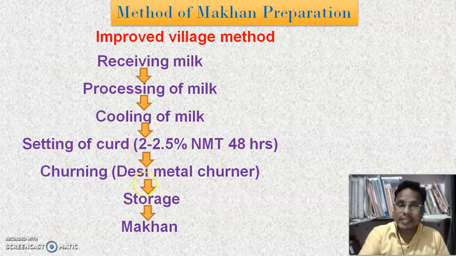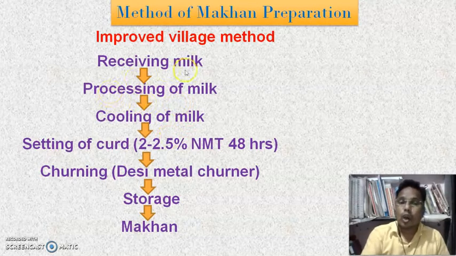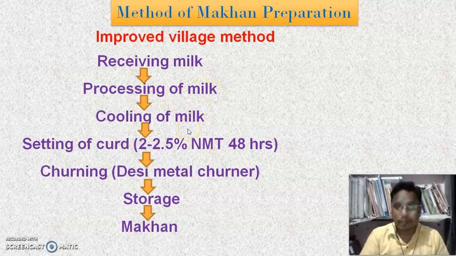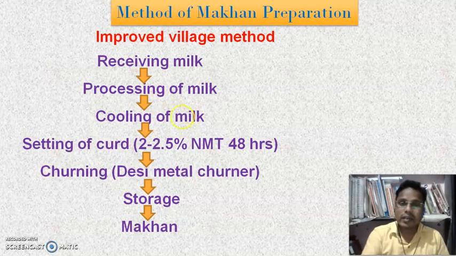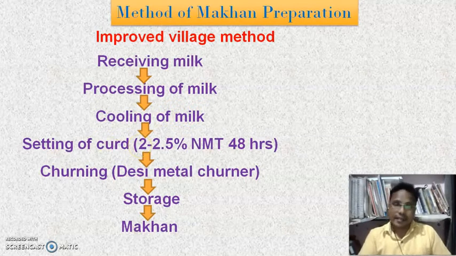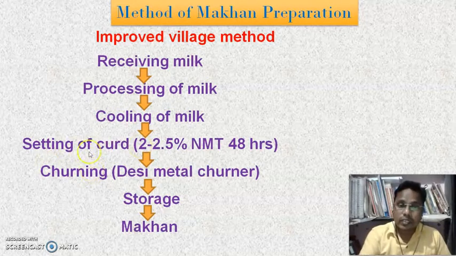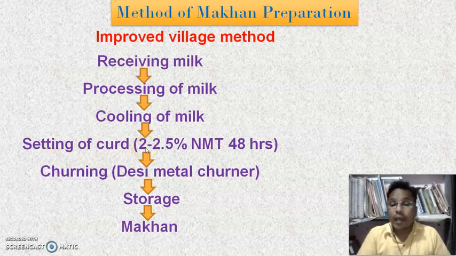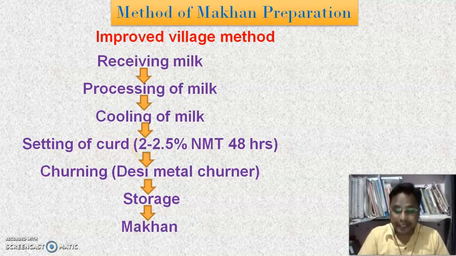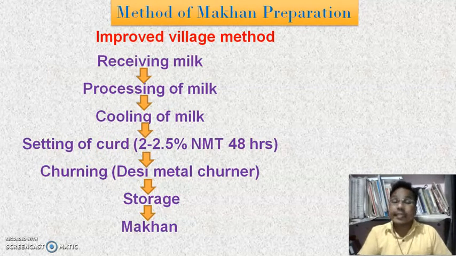So the next step is the cooling of milk. After the processing of milk, the next step is the cooling of milk, because after the cooling, the next step is the addition of the starter culture, and a starter culture is generally not added to hot milk. Therefore this processed milk is cooled to room temperature, and when this milk attains room temperature, then only the starter culture is added. Here the 2 to 2.5% of starter culture is added,